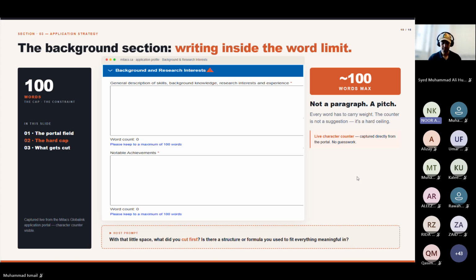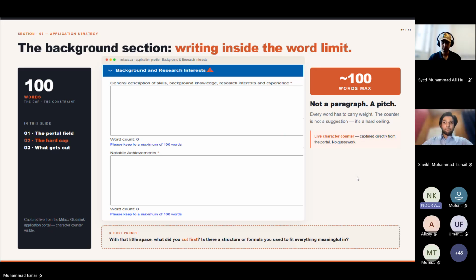Beyond that, I did add some of my own details, just like he said he added something about his clubs. I added something about my hobbies, that I've crocheted this many things. It makes you seem like a more rounded figure. So I wrote everything I had in one go, in bullet form, and then cross-referenced with my CV: am I repeating something? If I'm repeating something, is it something that needs to be repeated here? If it's not, then I took it out. That's something that really helps to cut down the words. So I guess that's it.